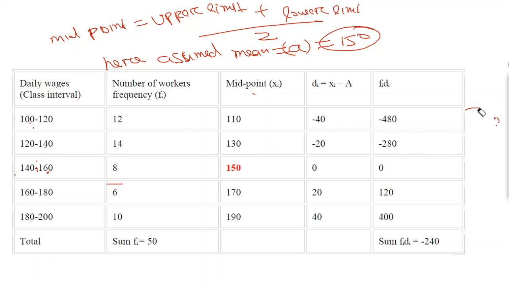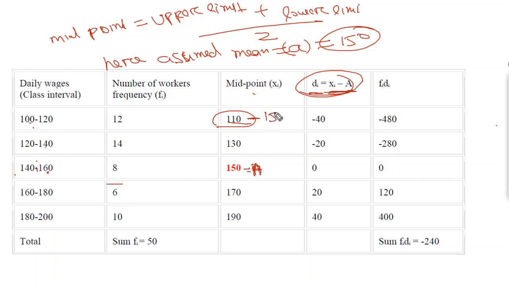Okay, here you see, we have to find Di. Who is Di? Di is Xi minus A. Who is A? This is equal to A, or you can write capital A also. Small a or capital A, whatever you can use. Now you know that Di is equal to Xi minus A. This is what we had discussed in the previous class also. So you can find